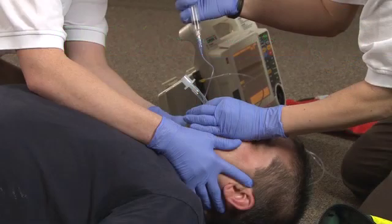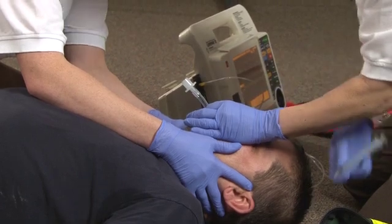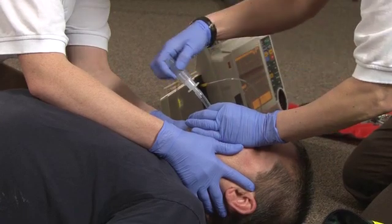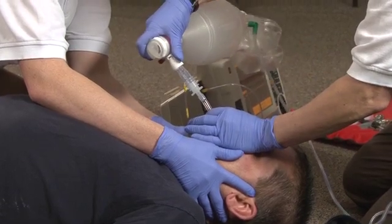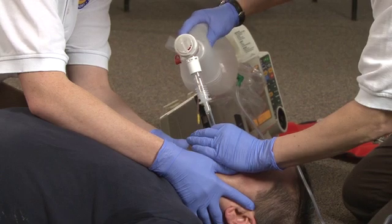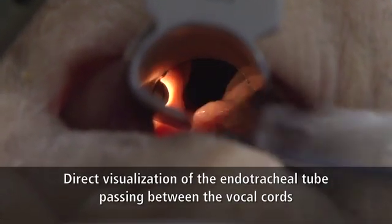Once intubation is complete, specific measures should be taken to ensure that the endotracheal tube has been properly placed in the trachea. Techniques to verify endotracheal tube placement include the use of both clinical assessments and adjunctive devices. Clinical assessments include the following: direct visualization of the endotracheal tube passing between the vocal cords,